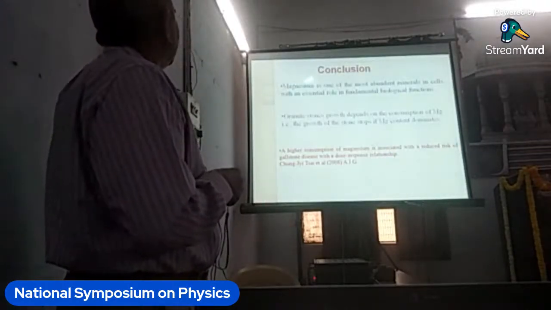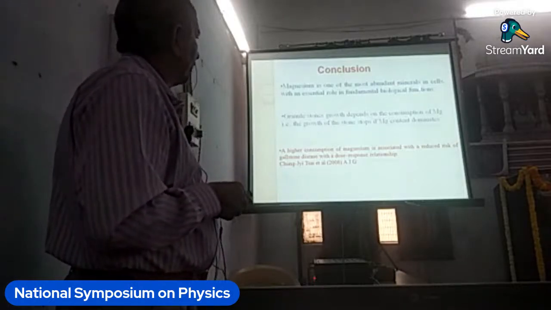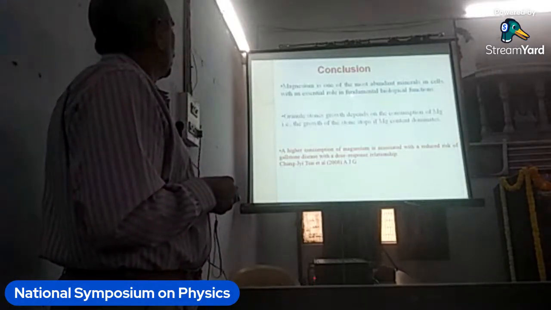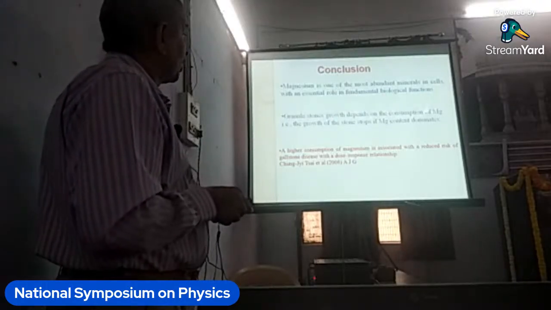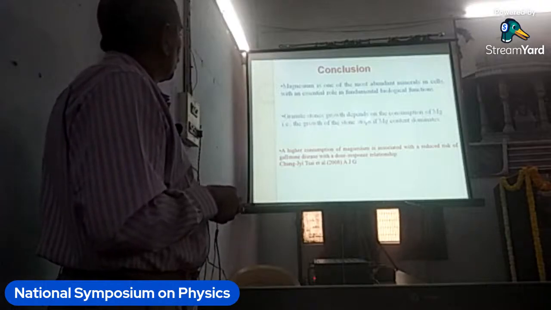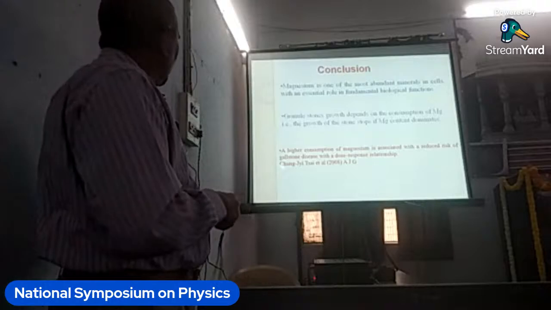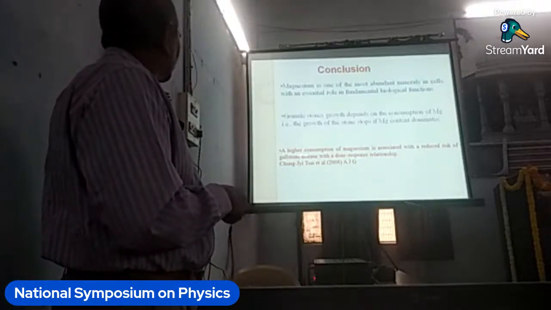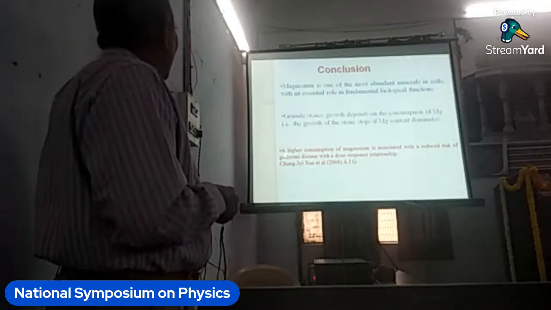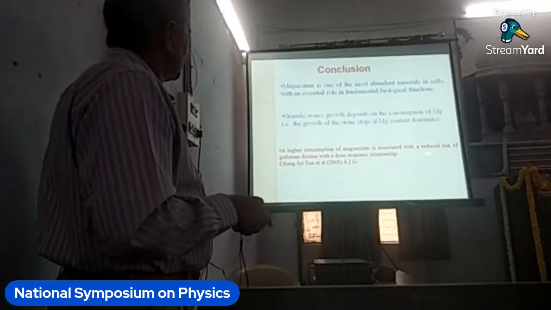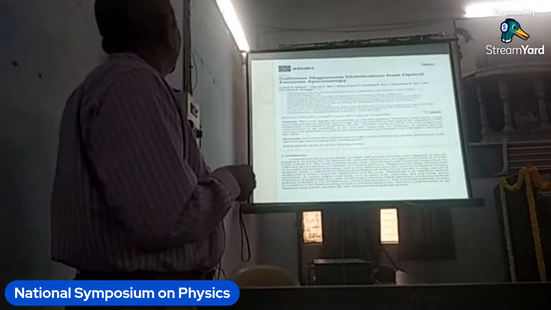आगे आइए। हाँ, here you see in conclusion what you can say that magnesium is one of the most abundant mineral in cell with an essential role in fundamental biological function. Granule stone growth depends on the consumption of magnesium, that is the growth of the stone stops if the magnesium content dominate on the periphery, and the similar result is also obtained by the another scientist, Chinese scientist, by the dose response relationship, and they reported that higher consumption of magnesium is associated with a reduced risk of gallstone disease. This paper is already published in Atoms. आगे बढ़िए।